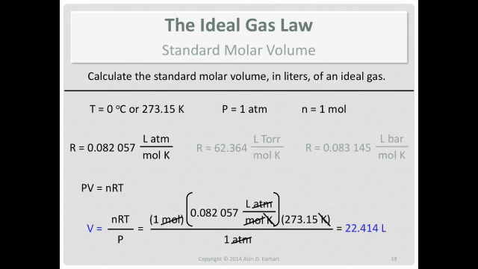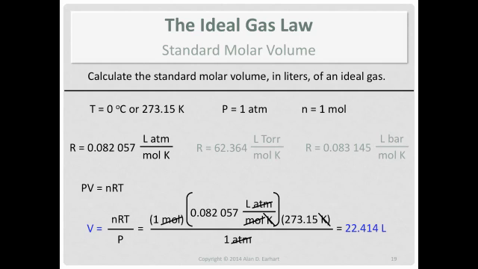we get this. For significant figures, there are 5, and this is a different problem because of the way the information was given. The standard conditions for temperature and pressure are assumed to be exact. So we have an infinite number of significant figures in those. We're given exactly 1 mole, because that's what molar volume means. That means that the significant figures are actually coming from the value of R, which is unexpected.